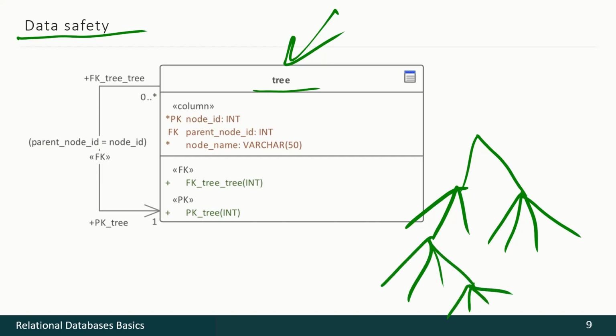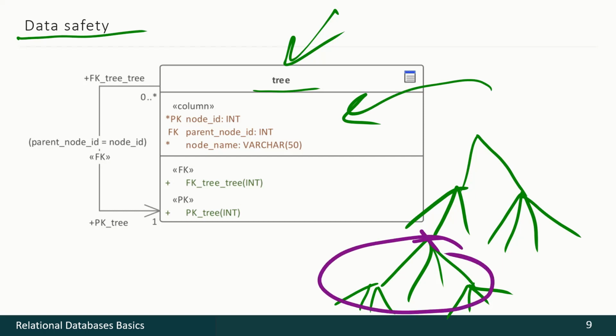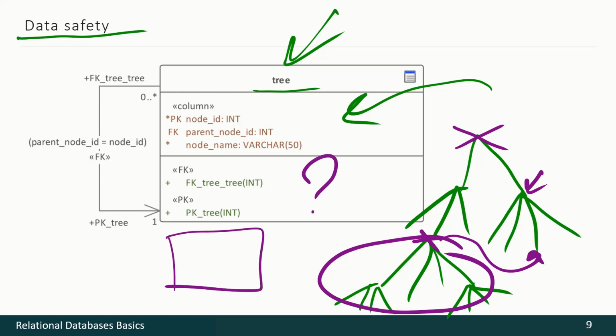So you may imagine such a structure. So such a structure may be stored using that table. But what if we have to cut the tree here and, for instance, move all that branch here? What if we want to remove this point and make that one the root of the tree? What if we going to perform some other operation on this tree? Is it safe? Do we have necessary storage routines or something like that to perform that operations?